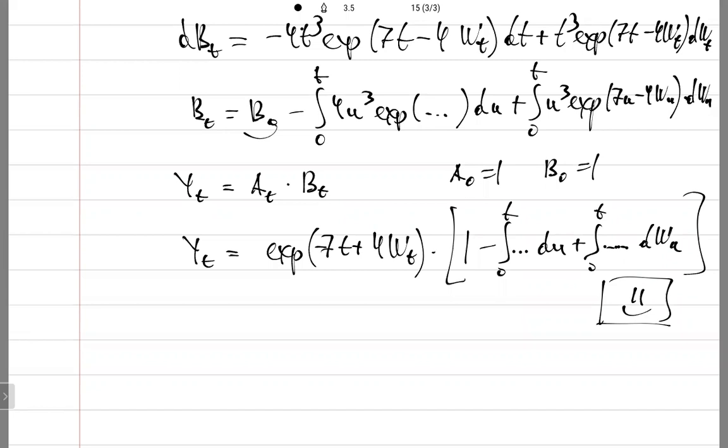We have the solution for AT, right? It definitely does not depend on BT. Then we have the form. Obviously it depends on T and WT. So the most important is WT, and BT depends on WT. They depend on the same WT. In your example,